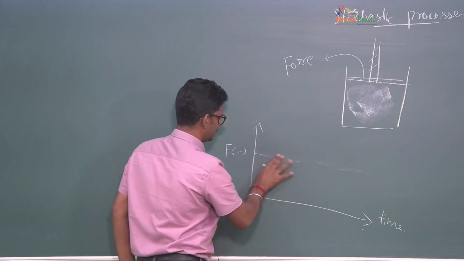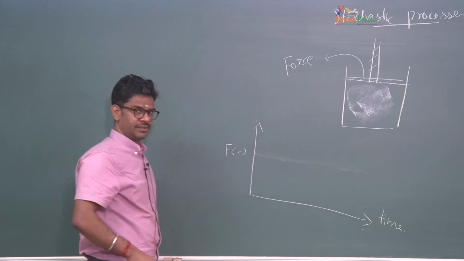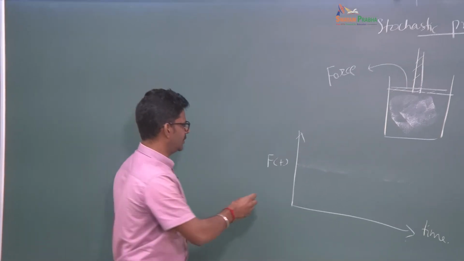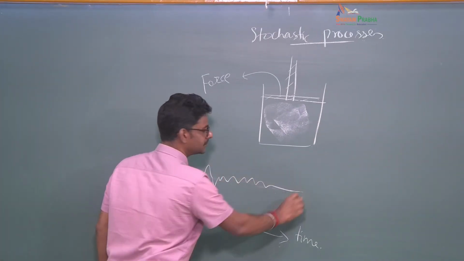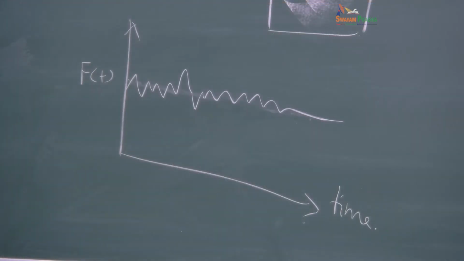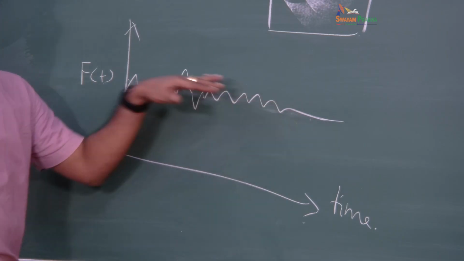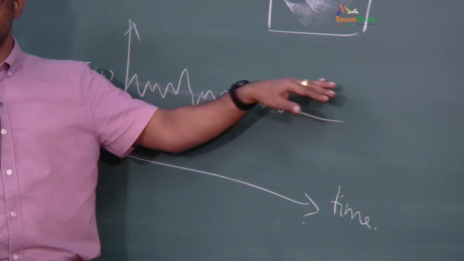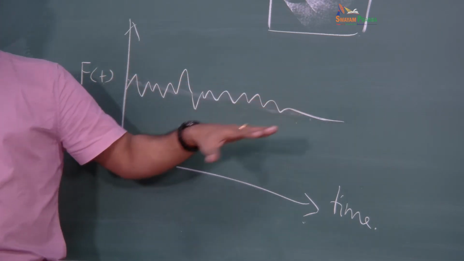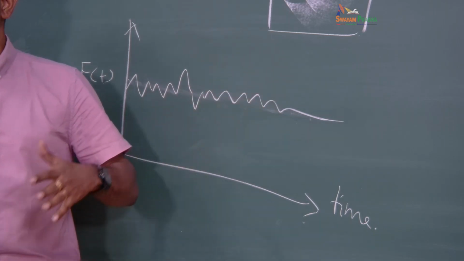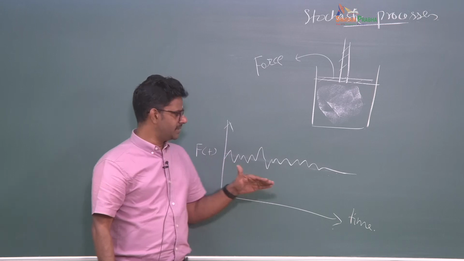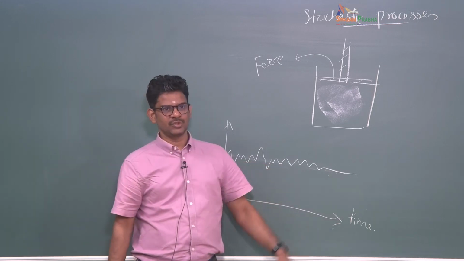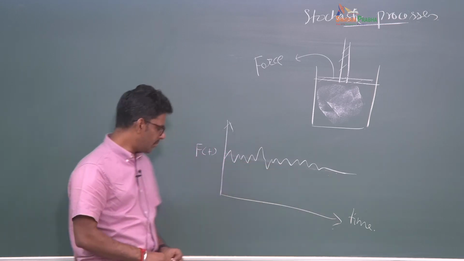So if your instrument is sensitive enough with which you are measuring this force, you are likely to see some sort of a fluctuating character as a function of time. But you see that it kind of reaches some sort of a plateau value about which it is fluctuating. Okay, so I said already that the system is in equilibrium, it is not changing from one state to the other state, there is no dynamics inherent, but the variable itself has some sort of a fluctuating character about a mean.